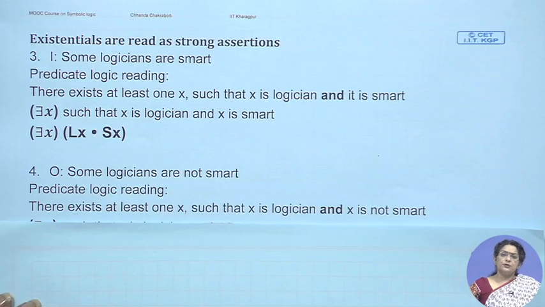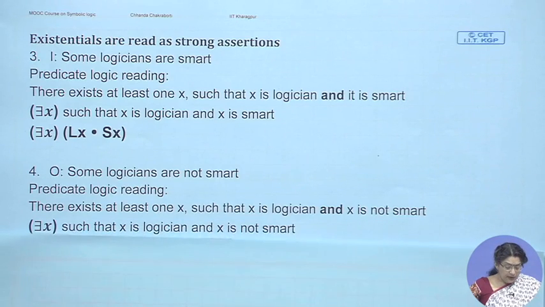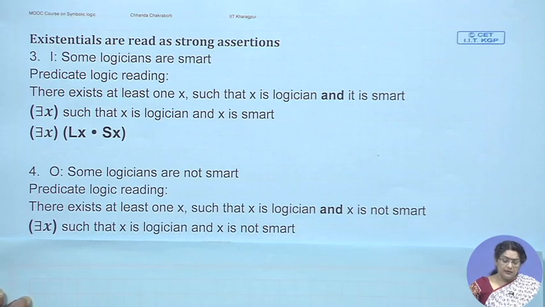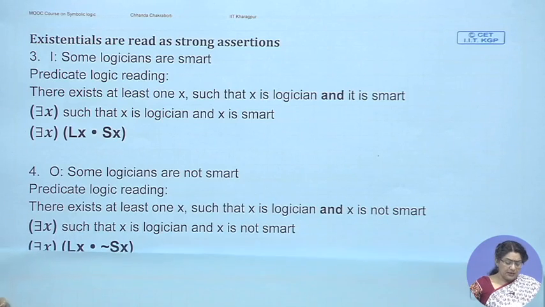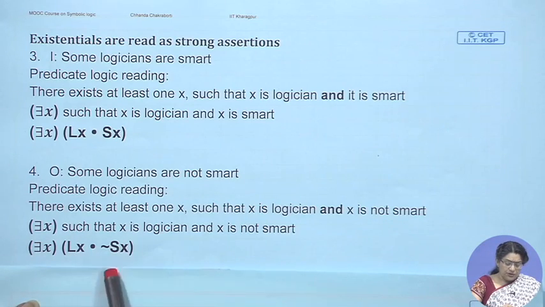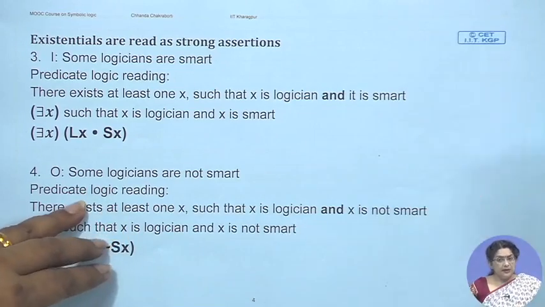There is one such person. So, here is the translation for that. This is for there exists at least one x, and this is for x is a logician and x is not smart. Get it? Schematically speaking, the A, E, I, O representation is going to look like this, where you have phi